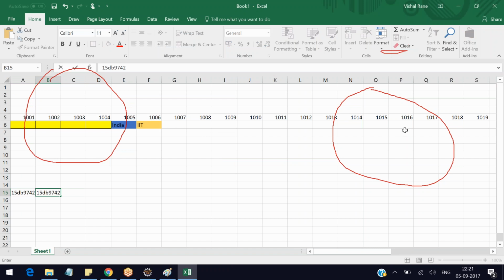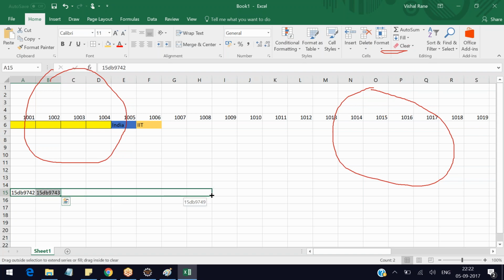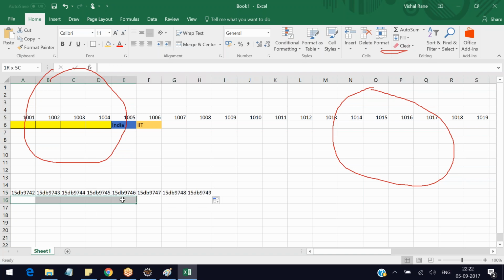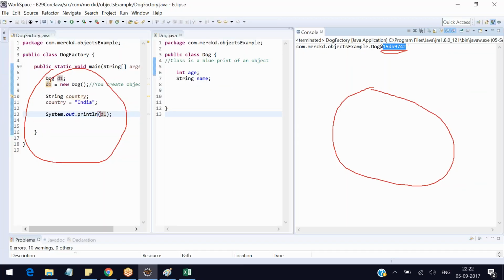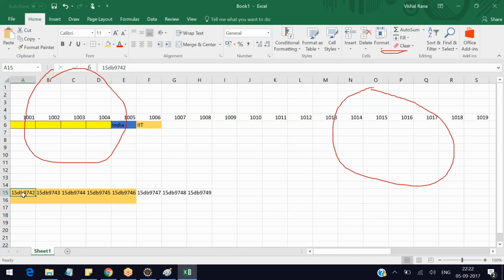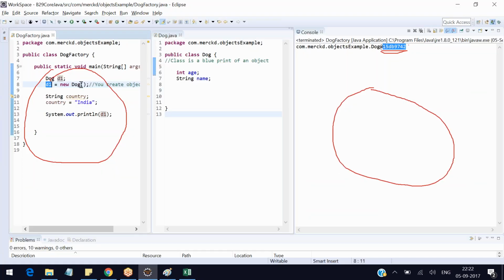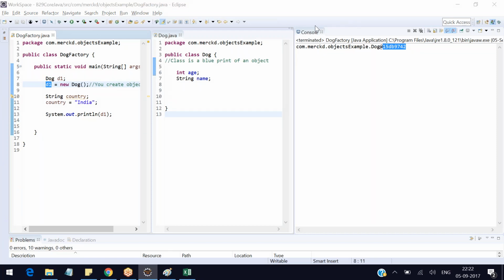It might occupy around 4 or 5 memory locations depending on how many global variables that particular object needs, but d1 will have the first memory location of that particular object. And this is how we create objects in Java, guys. Objects of any class. And like that, you can create